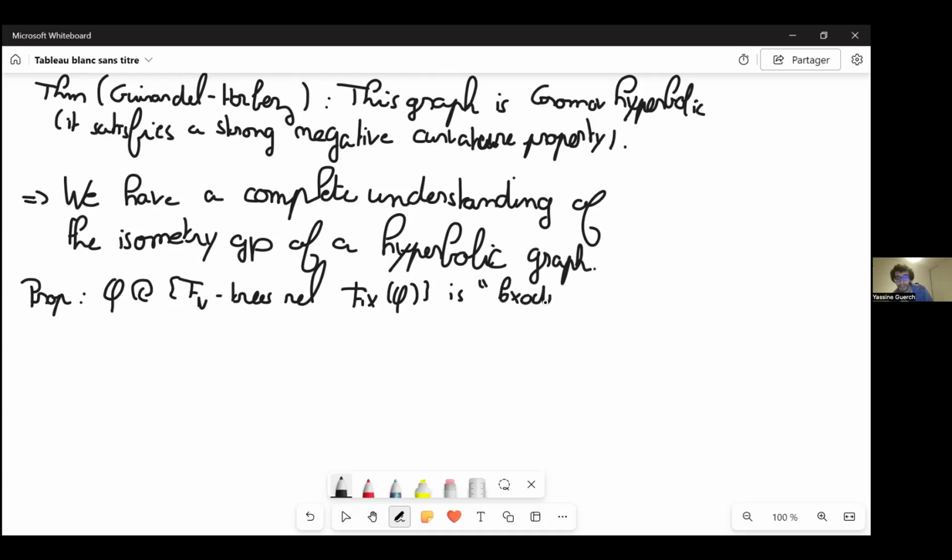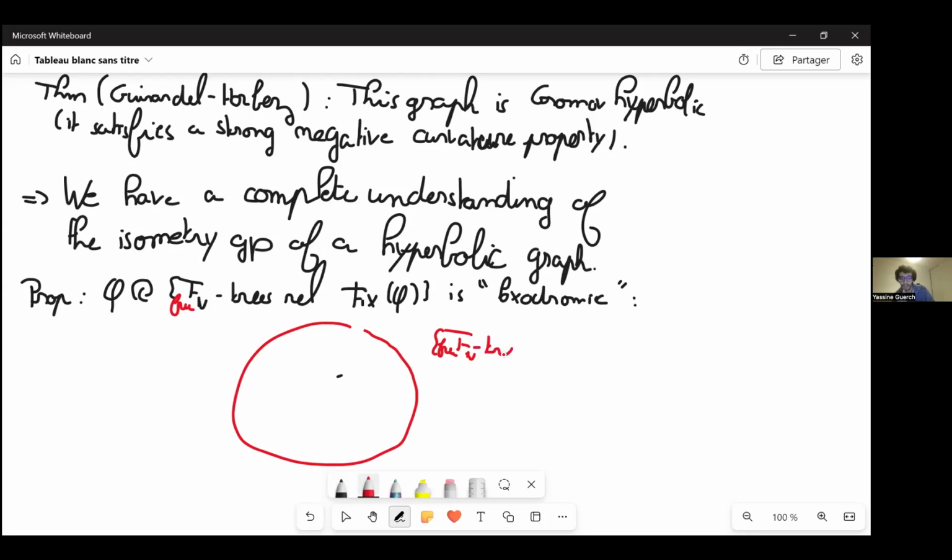So what does that mean? If this disk represents the set of all FN trees, I forgot the three hypotheses, the set of all three FN trees relative to fixed phi,